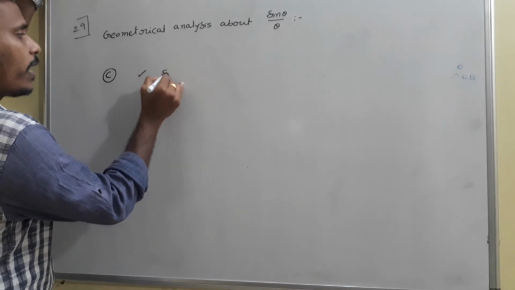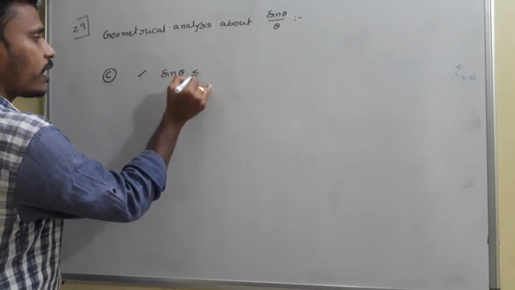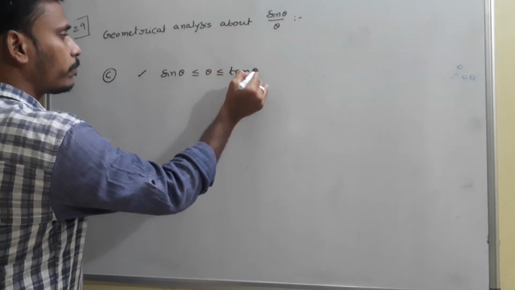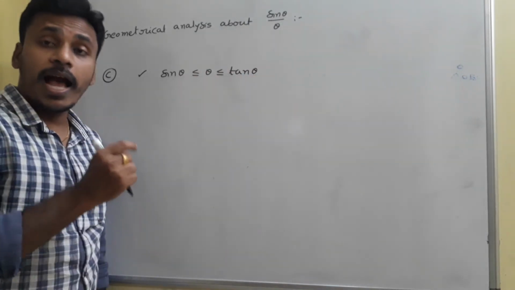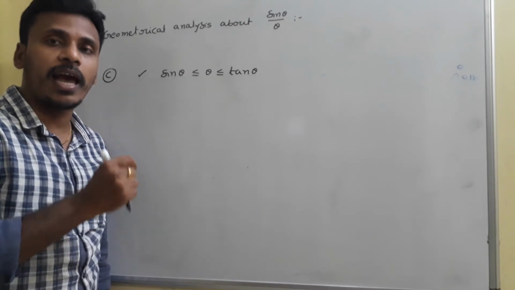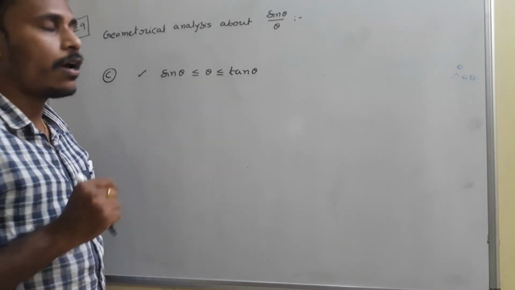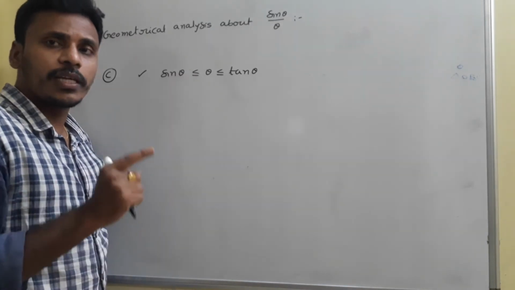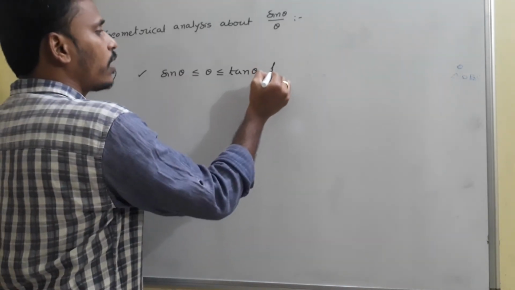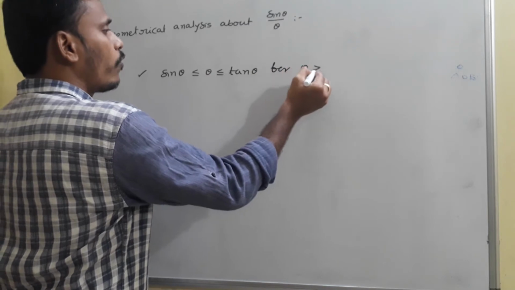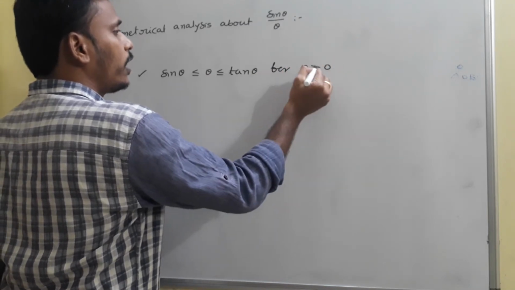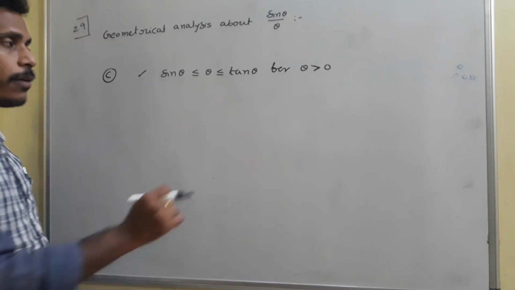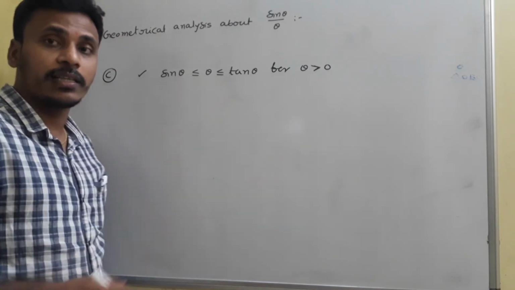So in part C, from A and B we have that sin theta is less than or equal to theta is less than or equal to tan theta. And one more thing, as I mentioned, theta is the angle at the center of the circle. From there we arrive at this inequality. Since theta is the angle at the center of the circle, this is true for positive theta. Theta can't be negative. When you state this inequality, theta is clearly positive because theta is the angle at the center.